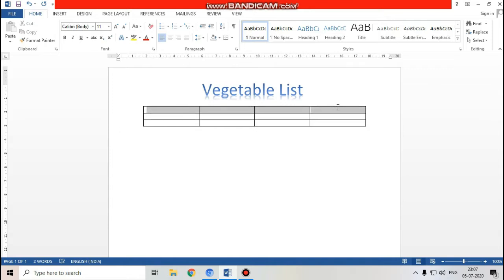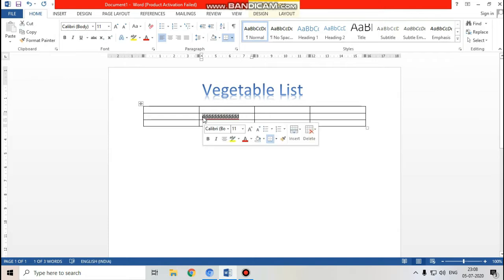But what is a cell? When rows and columns intersect each other, then a cell is created. A cell forms when rows and columns intersect. This is a cell; here I'm writing. So second thing, what can you write inside a cell? Inside a cell, you can write text or numbers. And third thing, you can insert any shape also.